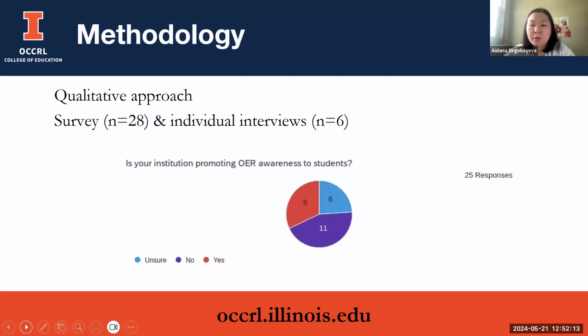Responses to whether institutions promoted OER awareness to students were threefold. Most of the responses disagreed, some agreed, and the rest were unsure of this policy, as you can see from this colorful figure. The same is seen with student support services awareness about OER. 80% of the participants responded that these services either are not aware of or have never heard about OER within their institutions. From the survey, we have concluded that many Illinois community colleges are in the initial stages of OER implementation.